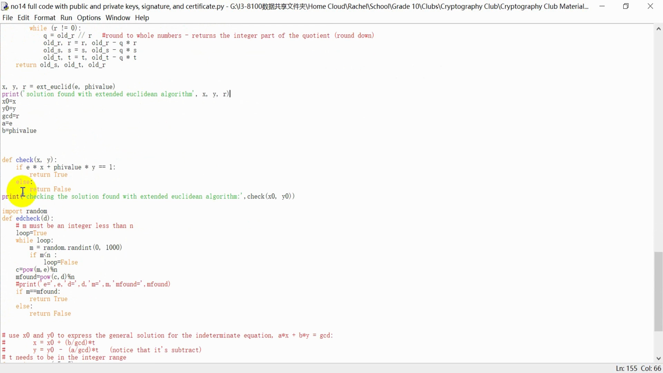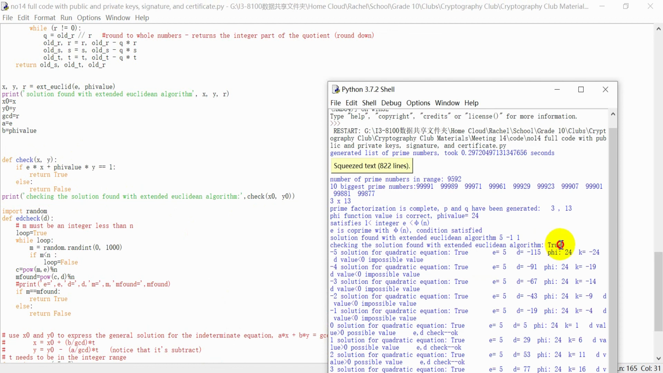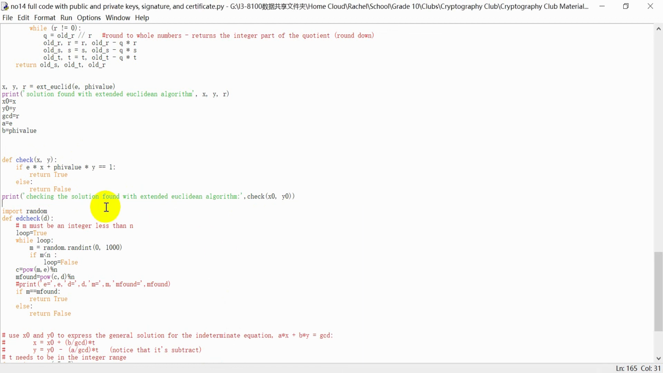This function check is to check to see if x and y can be a solution for the equation. The equation says that e times x plus phi value times y has to equal 1. Because y is negative, this is basically subtracting, and it would be able to get a 1. So this is the original equation, and the solution has to meet the original equation. If it does, then it's true and it's correct. Otherwise, it's false. So we check the solution with x0 and y0. And then it is true. So it is a possible solution. The next